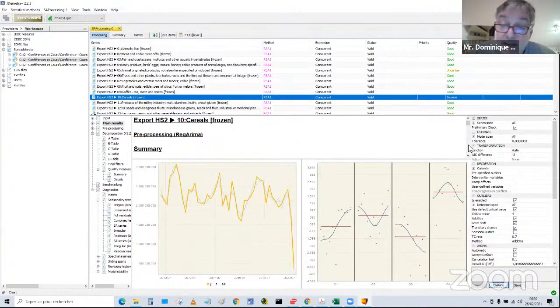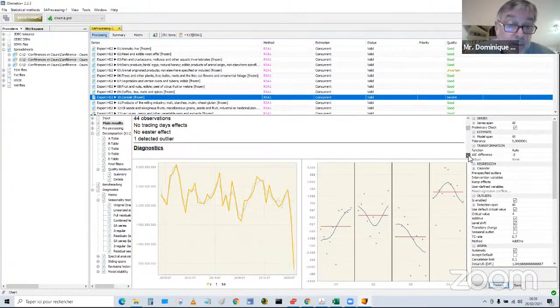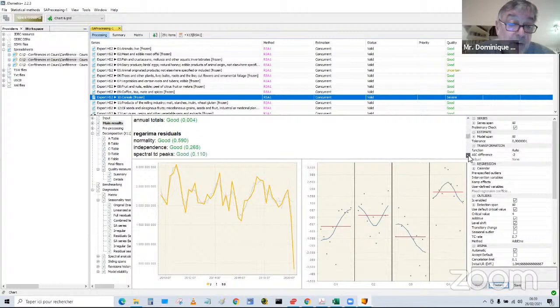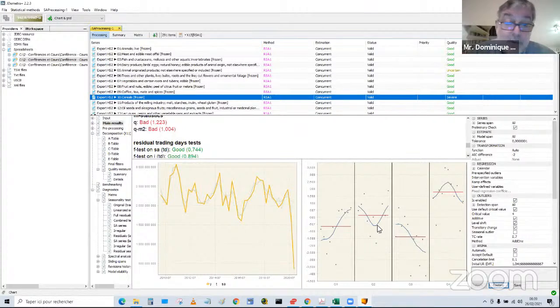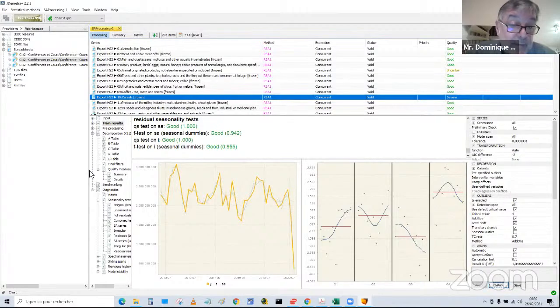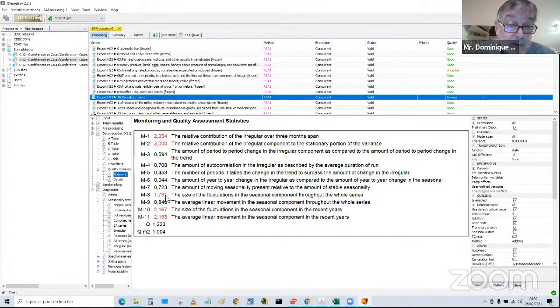So let me see if I solve the problem. It's good now, it's okay. The Q statistics are bad, but we are going back to them. It's because the model is evolving, the seasonal coefficient is evolving a lot, but it's well taken into account. And after everything seems to be correct now. So the Q statistics are bad. Let me have a look at them. So it's always the same thing. It's mainly due to